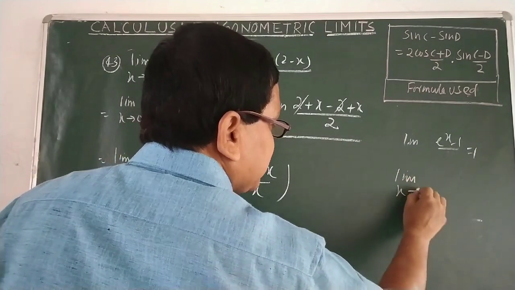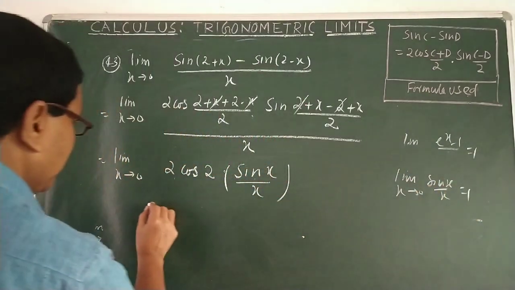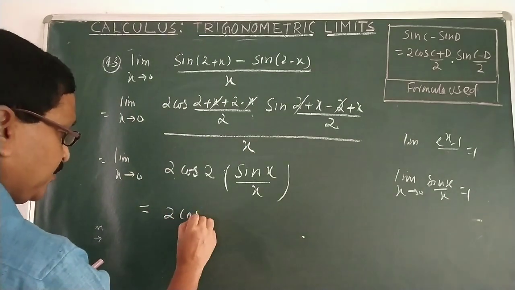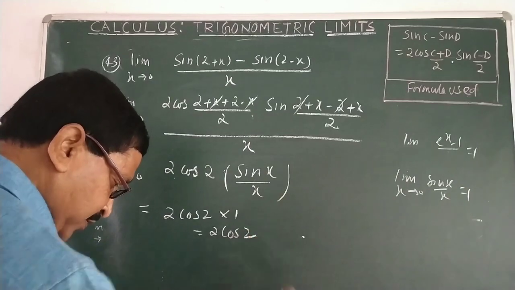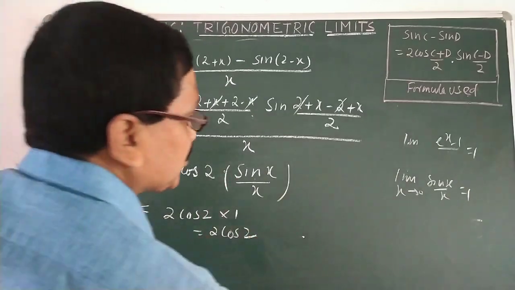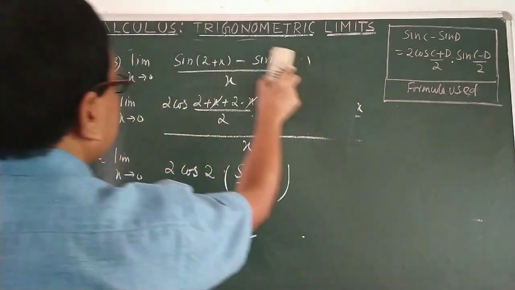Limit x tends to 0, sin x by x is equal to 1. So this is 2 cos 2 multiplied by 1, so 2 cos 2 is the answer. So finally our answer is 2 cos 2. You only have to remember the formula. Next,